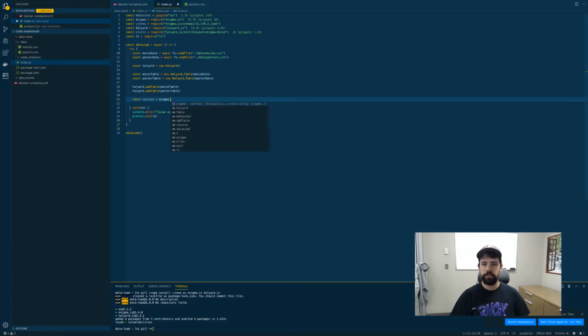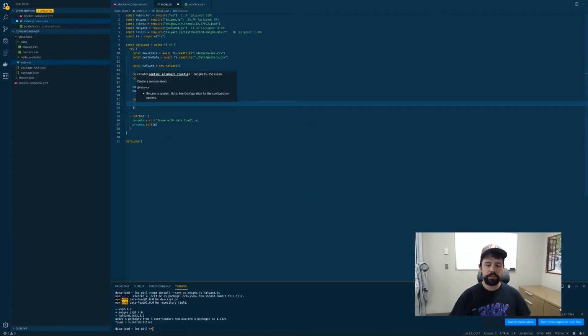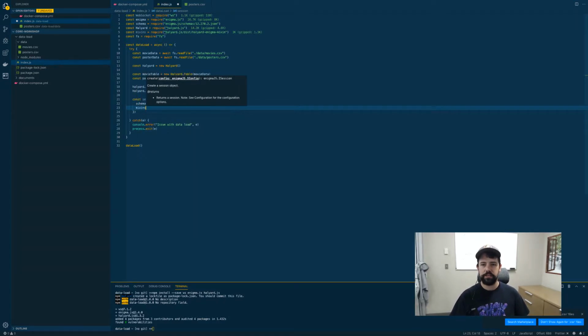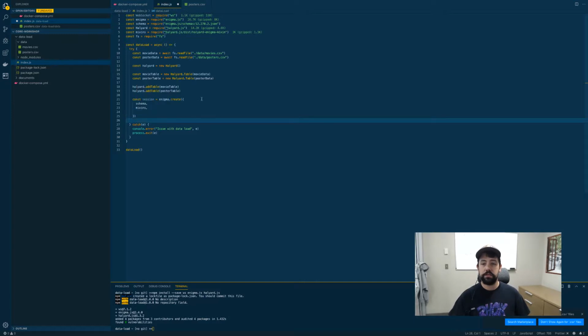So we do enigma.create. And there's different properties that we pass in here. We're going to need to pass in the schema. We're going to need to pass in the mixins. And this is a JavaScript object, but you notice I'm only passing in one thing here. That's because there's a shortcut in JavaScript that says if you have a variable name that's the same as a property you're trying to give an object, you can simply just pass in the variable name, and JavaScript will parse it out. I need to give a URL to an engine, and this is the engine that we stood up in the last tutorial, which is at our localhost at